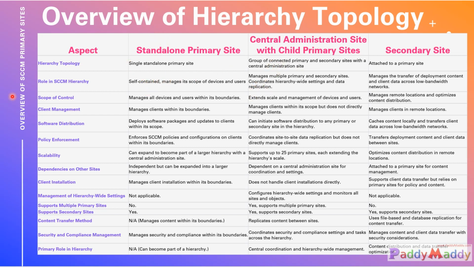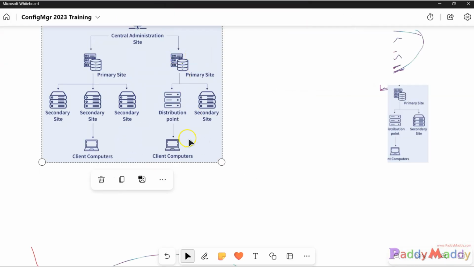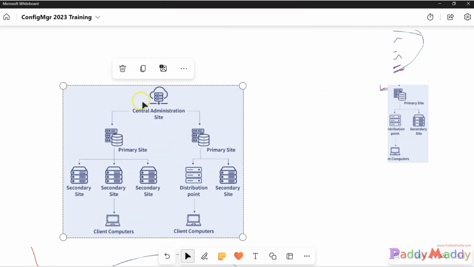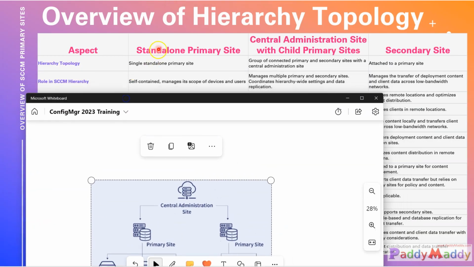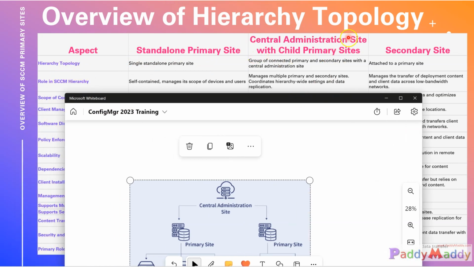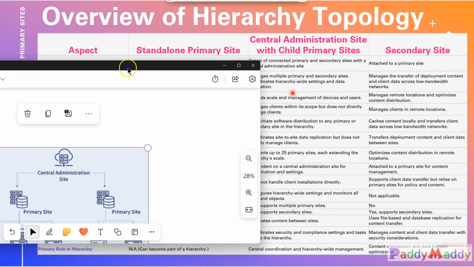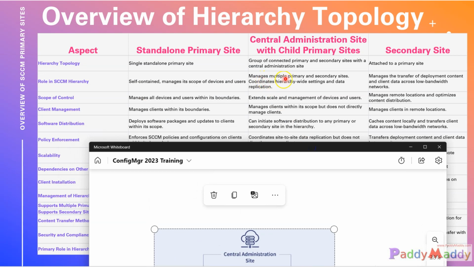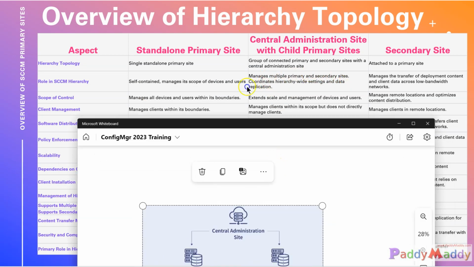If you have a child site, it actually receives pushed policies. If you have a top-level site, the top-level site will push the policies, the scope and the configuration to the down level, but that is not applicable for your standalone primary site. That's a key role within the hierarchy. And what if you have a central site along with child primary sites? Then the rule will change. The reason being, you have primaries and secondaries, so it has to coordinate throughout this